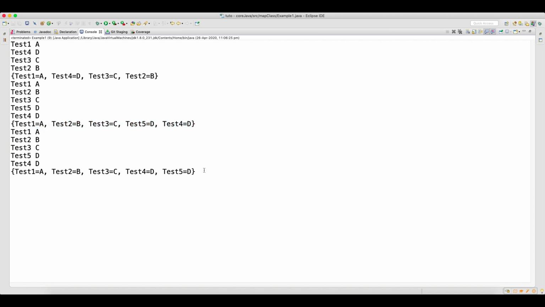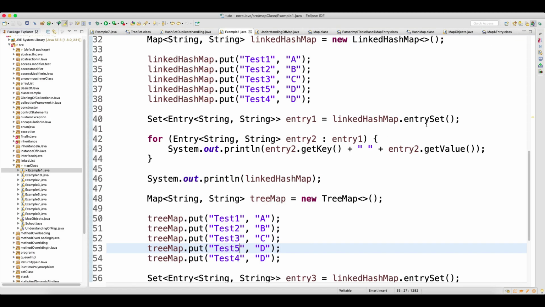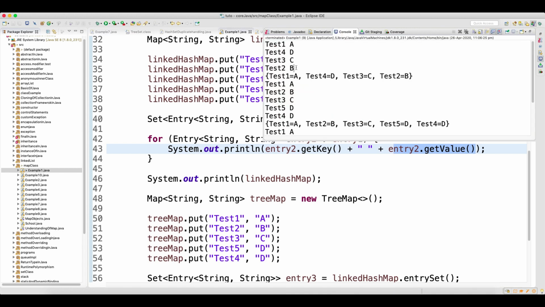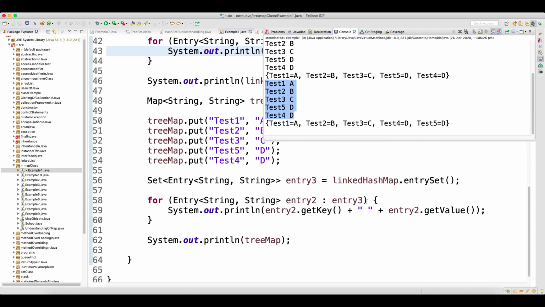But in the tree map, after test 3, test 4 came and then test 5, because your tree map maintains the data in ascending order, right? So now you have the idea of how you can make use of entry set and how you can print the key and value from the map classes. For everywhere I am able to print key and value. In linked hash map it will maintain the insertion order, whereas in the tree map the data will be in ascending order.